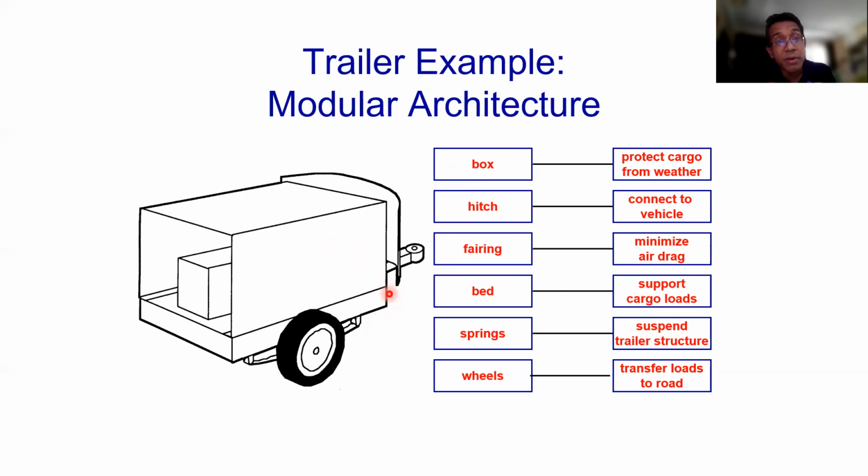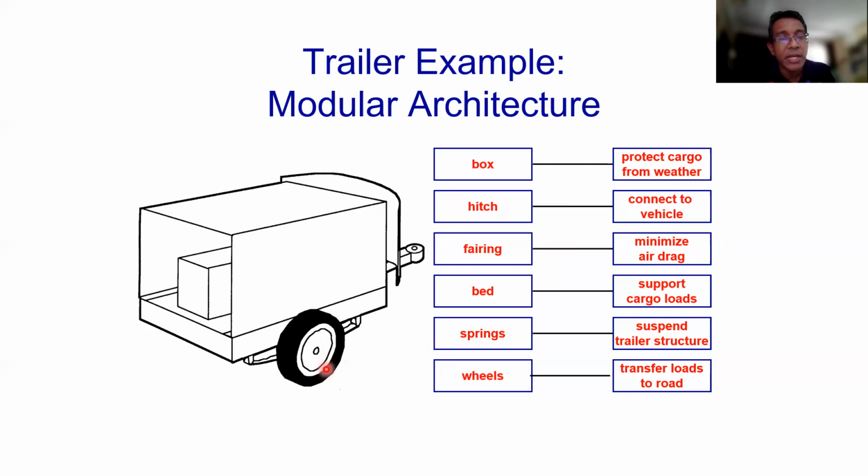Each part has a different function. The wheel transfers load, the spring suspends the trailer structure, the bed supports cargo load, the fairing minimizes air drag, the hinge connects to the vehicle, and the box protects from the weather. So that is modular. So when you want to do innovation for the wheel, for example,